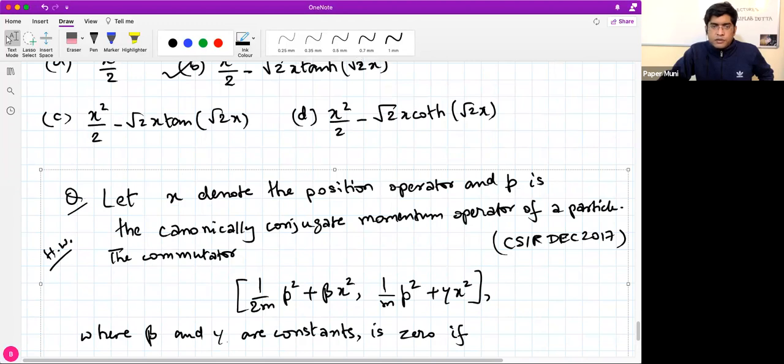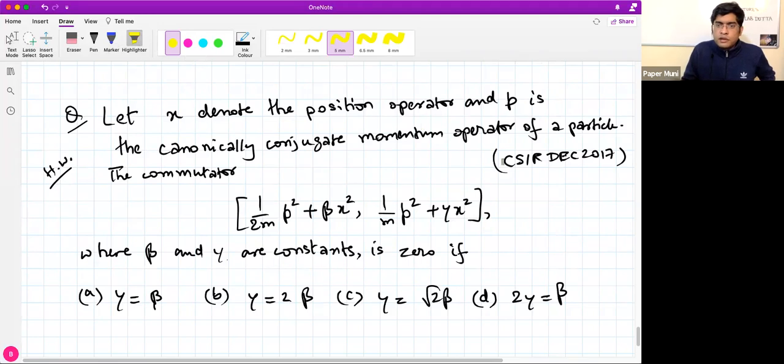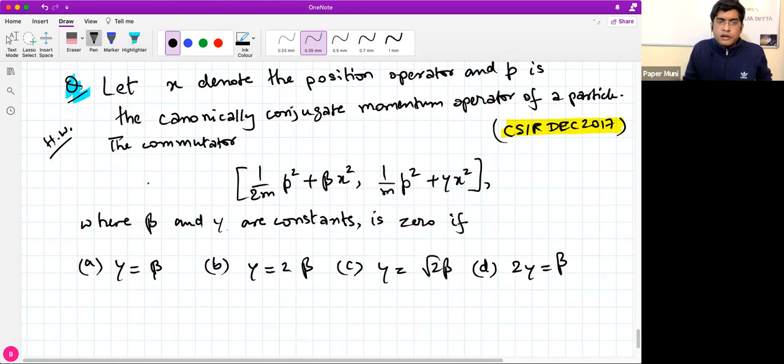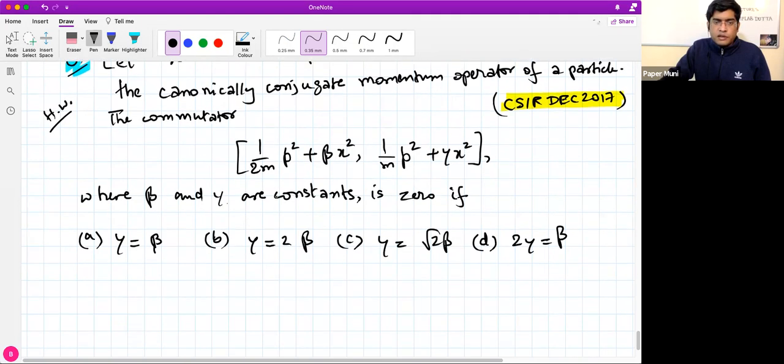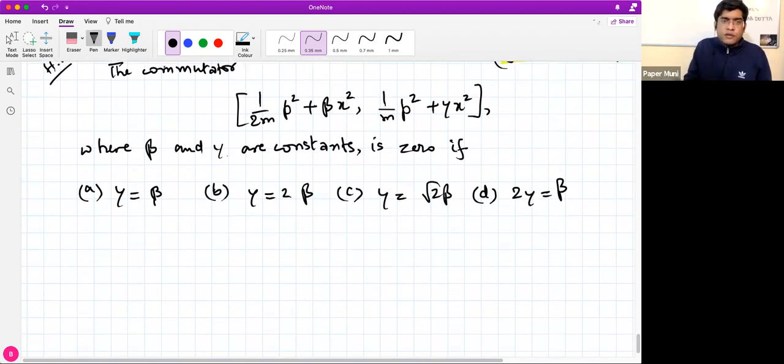We have this question from previous homework. Let me highlight this thing. So this is the question, and this is given to you. Now you have to just solve the commutator operator. It's given to you that the momentum and position operators are given. The commutator is given as this. Nothing much to do, this is all mathematics, there's no physics out here.